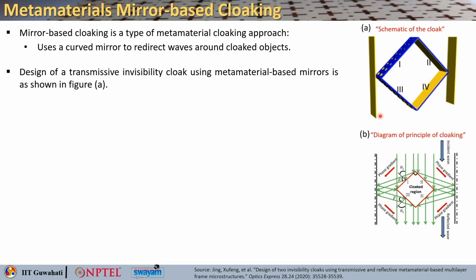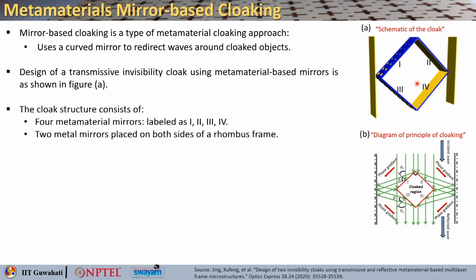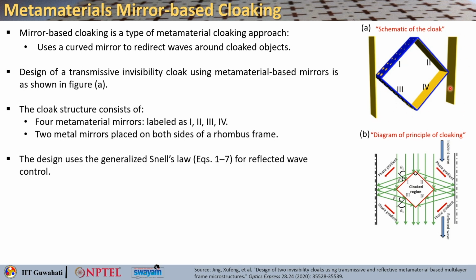So the design of a transmissive invisibility cloak using metamaterial mirror is shown in this figure. So what is seen clearly that there are 4 mirrors labeled as 1, 2, 3, 4, and then there are 2 vertical mirrors also present on both sides of this rhombus frame,